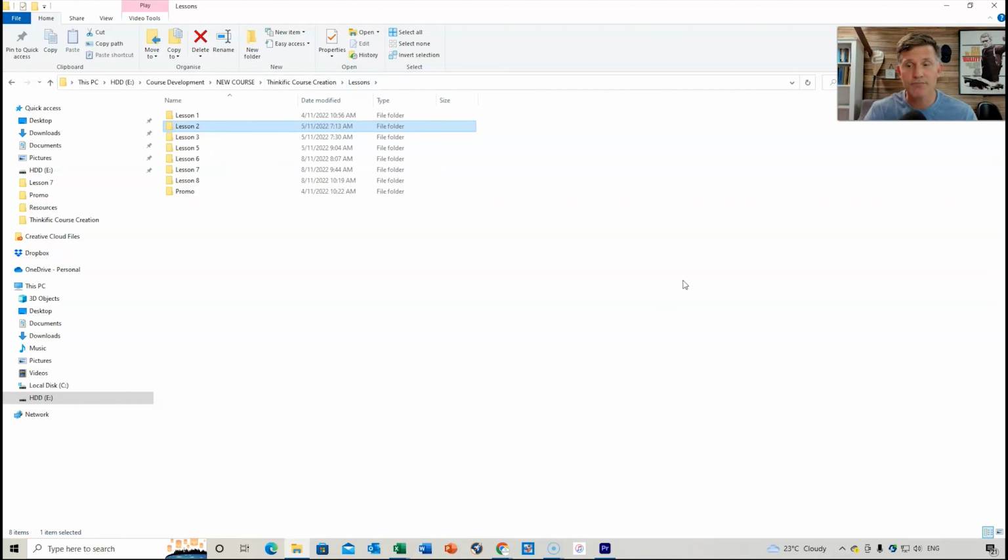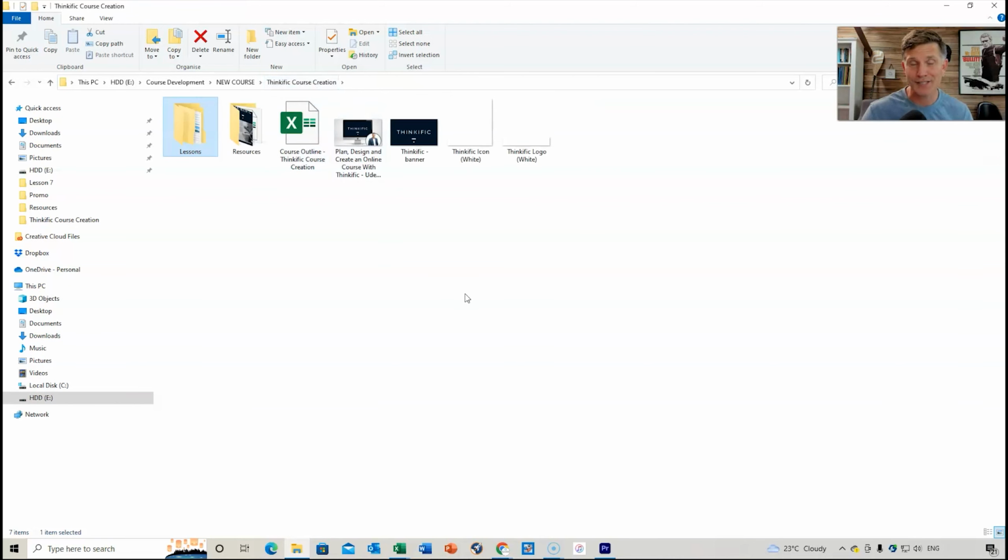Just keep it structured, nice and simple, and therefore when it does come to the uploading process, everything's in place, everything's organized, everything's streamlined. And that's how I like to operate, and that's how I encourage all my students when they're creating their courses to be like this as well. Make sure you do it well, because you will thank me in the end when everything is nice and organized and easy to process. And the last thing you want to do is have things all over the place and you're not sure where they are or which version's the final version, where your resources might be. They're all in the one folder. And that's the best way I can explain how to do it well.